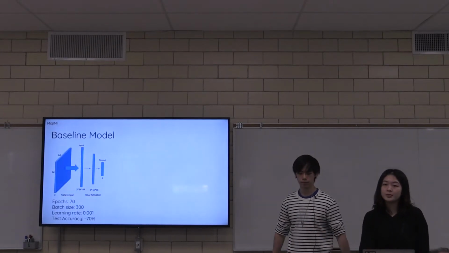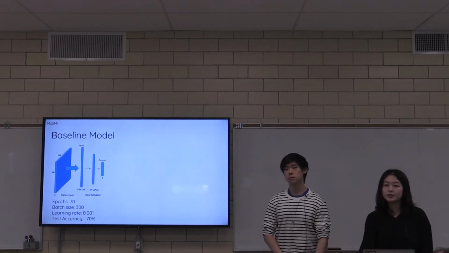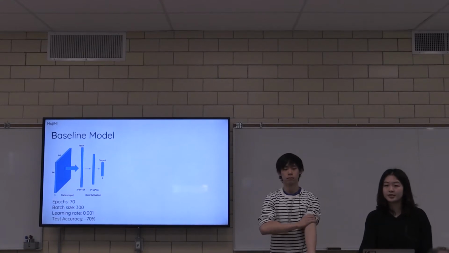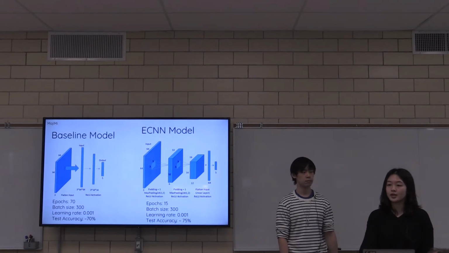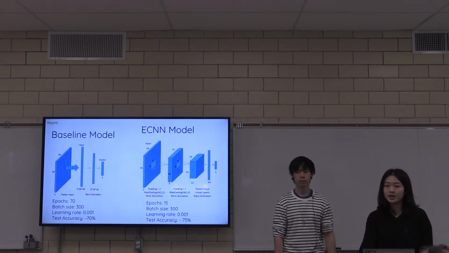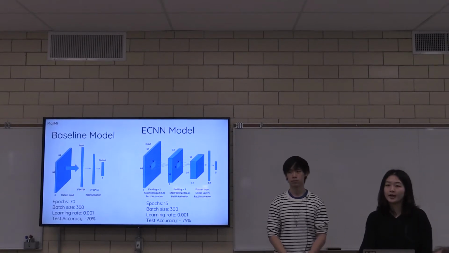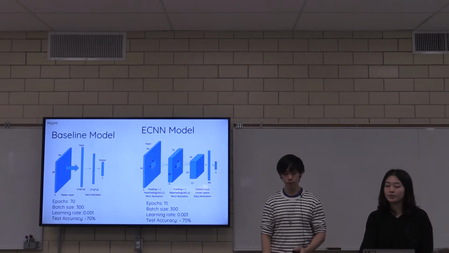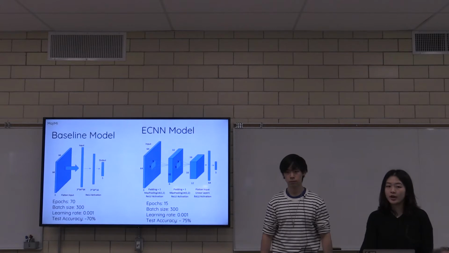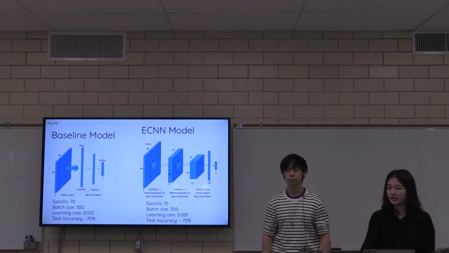We first start with a baseline model of two fully connected layers, which results in a test accuracy of around 70%. On top of that, we build our eCNN model, which consists of two CNN layers and two fully connected layers. Each CNN layer is followed by a max pooling and a ReLU activation. It is trained with the Adam optimizer and the cross entropy loss,